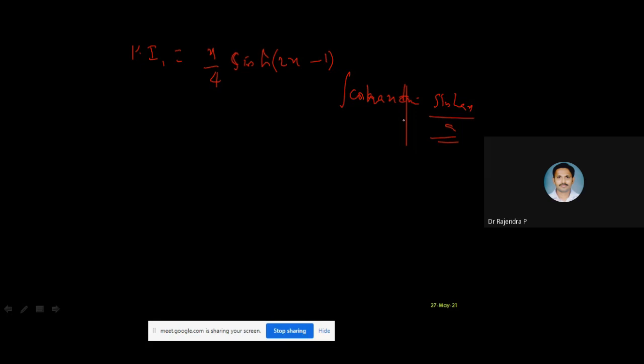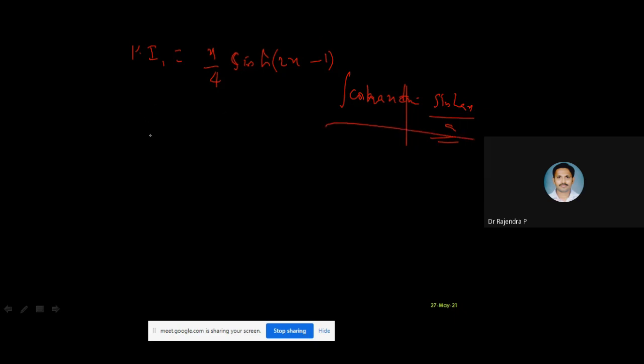I told you it is a special problem. We may or may not get it. That is the reason that, whether hyperbolic functions are included or not, even I don't know, so it's better to cover it. That is the reason I covered it. Anyway, it is just a formula.